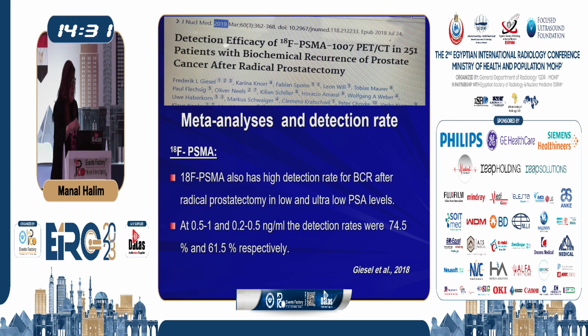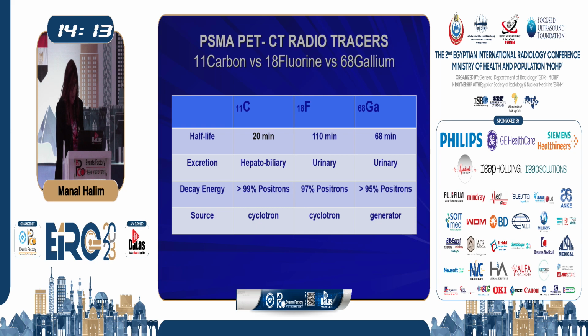Fluorine 18 also has a high detection rate for biochemical recurrence after radical prostatectomy, even in low and ultra-low PSA levels, at 0.5 to 1 and 0.2 to 0.5 nanogram per milliliter, detection rates were 74% and 61% respectively. And here is a table to show the different radiotracers used with PSMA, the 11 carbon and